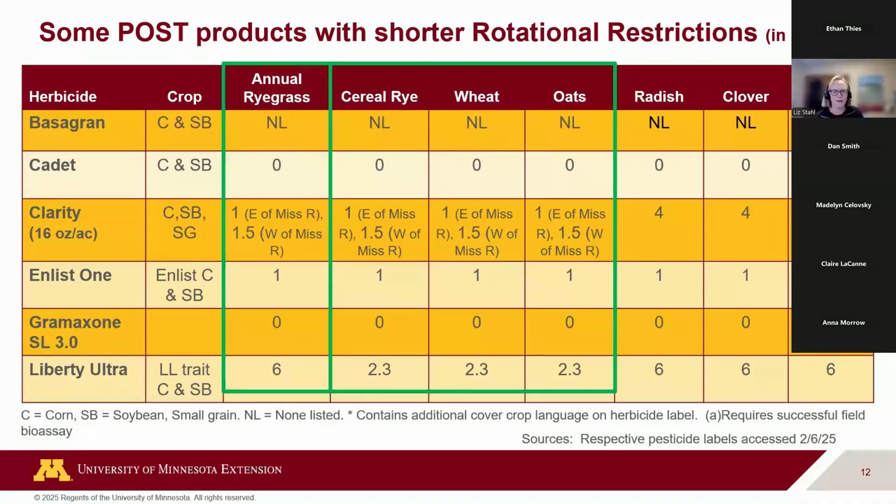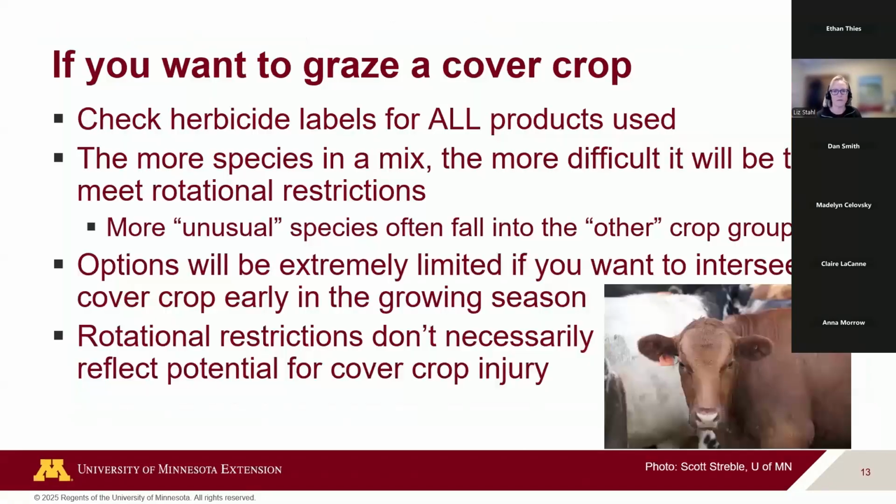And the annual ryegrass doesn't always have all the same information as we do for those key species like cereal rye, wheat, and oats. But again, that's just kind of highlighting it. There are options, not a lot all the time, but there are some options. So, again, if you want to graze a cover crop, make sure you're checking the herbicide labels for all the